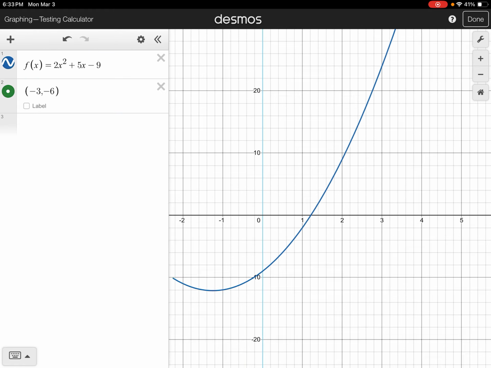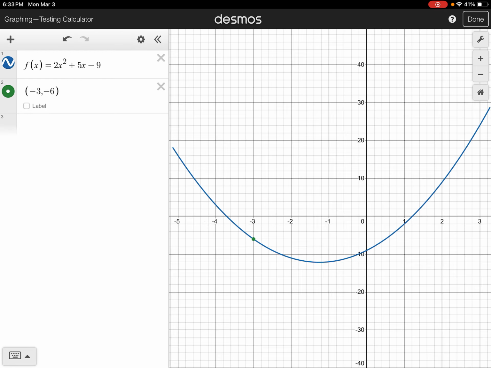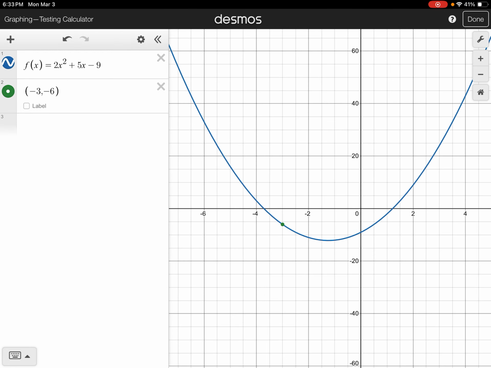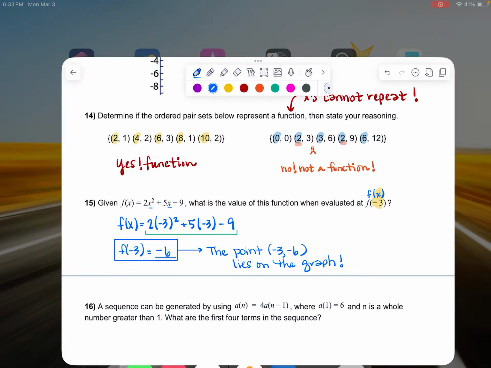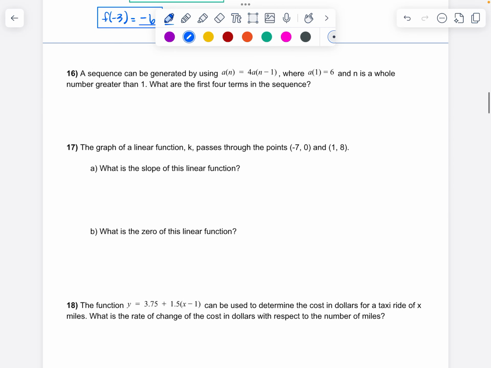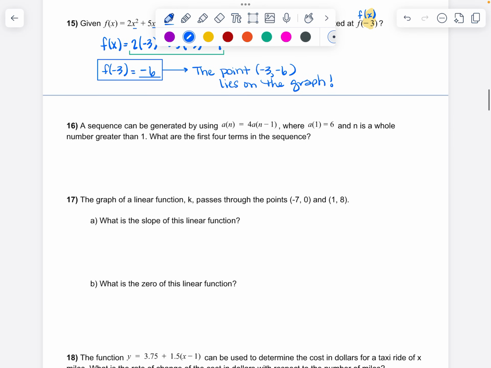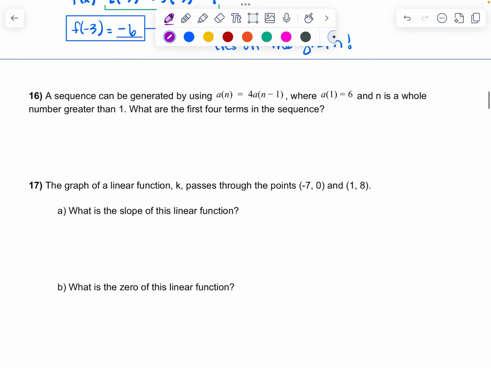Now let's go look at our graph. Oh my goodness, what do you know? Right here. I can't really use my pen on here, but you see my little green dot, right? He's perfectly on my function, which proves that I did all my math correctly. The point -3, -6 does lie on my quadratic graph. Okay, this is wonderful, Desmos, to check all my answers. All right, let's just do a few more here, and then I'm going to cut this video off,